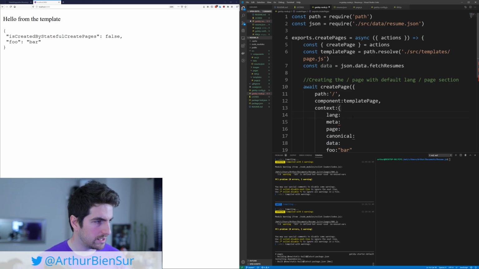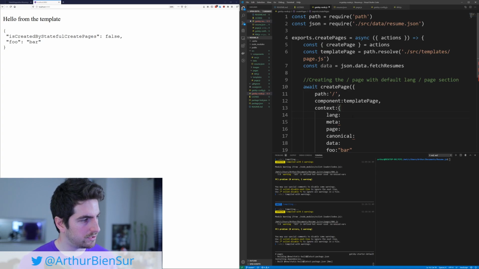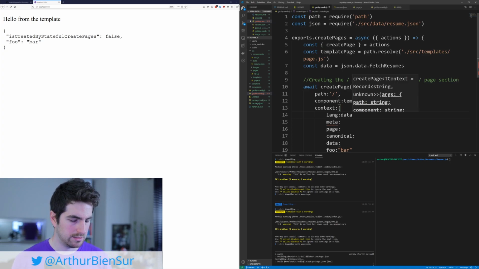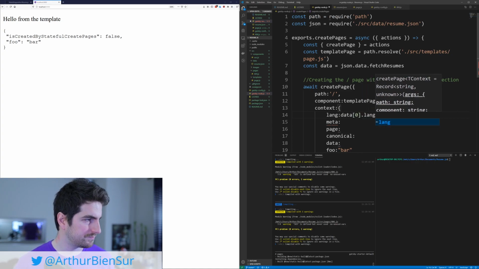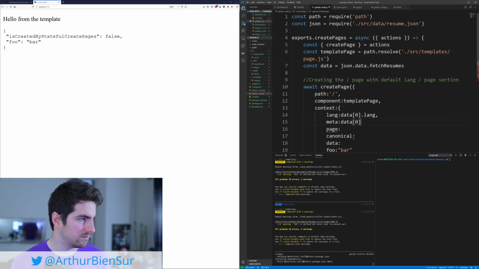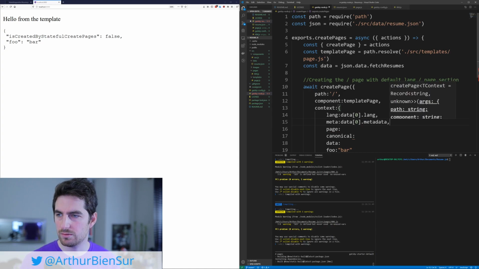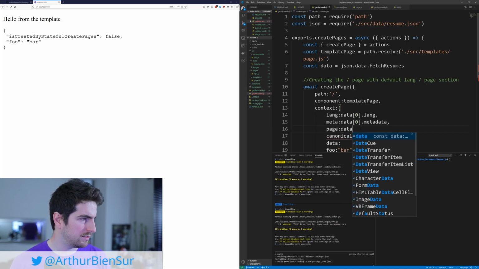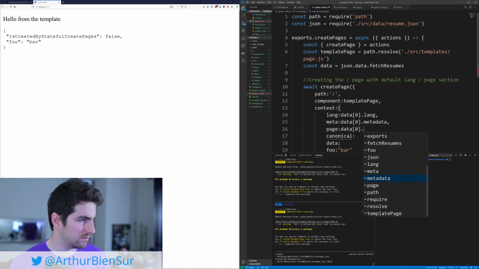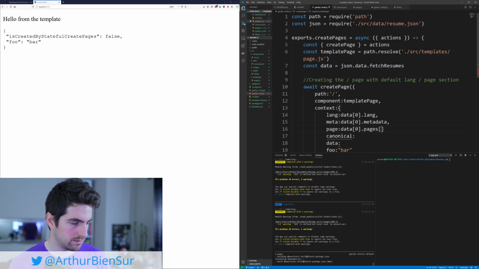All right, so in the first page, this one is going to be data 0.lang, data 0.metadata. So I'm going to make lots of mistakes between metadata, metadate, or whatever. It just seems to be not working for me. And this one is going to be data 0 pages 0